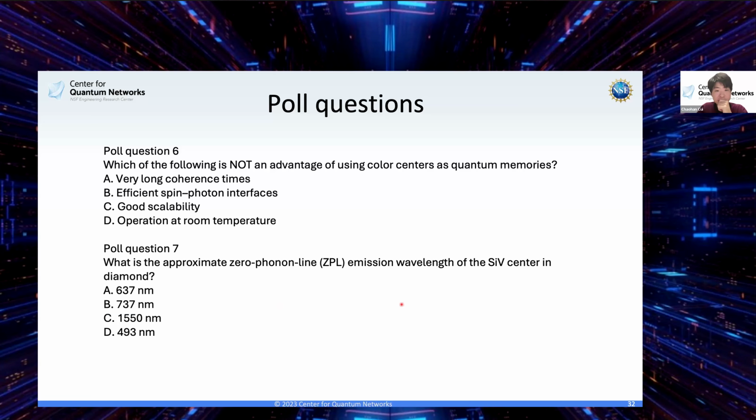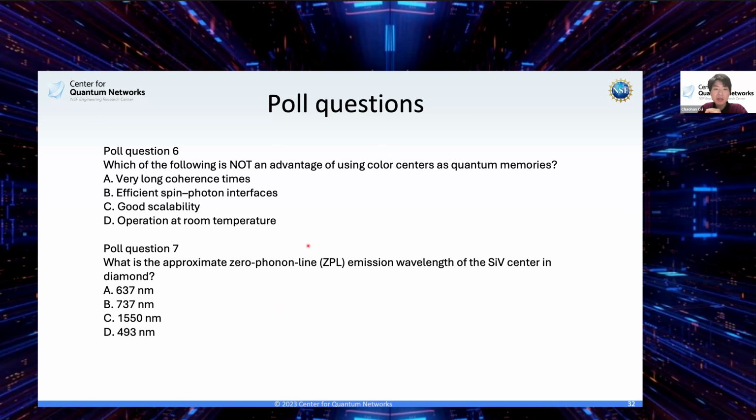Yeah, I can explain this first. You guys did a really great job. So it's true that 50% of people selected the right one. The operation at room temperature is not an advantage. I can explain why the others are advantages. The very long coherence times, because you can use hyperfine interactions to make the quantum states stay in the nuclear spin, encoded in the nuclear spin. The efficient spin-photon interfaces is because